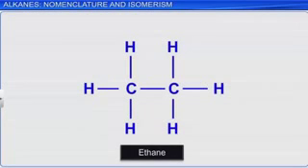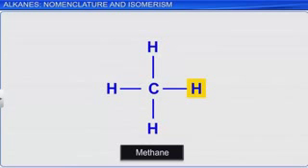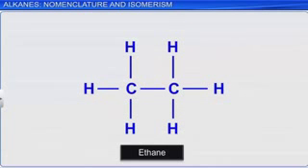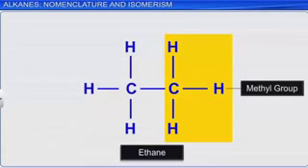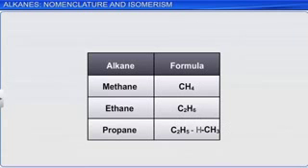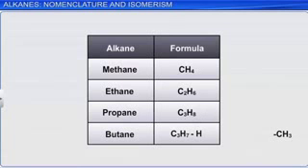The next member, ethane, can be obtained by replacing one of the hydrogen atoms of methane by the CH3 group. This group is the methyl group, which is a type of alkyl group. Thus, ethane with molecular formula C2H6 is derived by replacing one hydrogen atom by a CH3 group from the methane CH4 molecule. Similarly, an entire series can be obtained by replacing one hydrogen with the CH3 group.